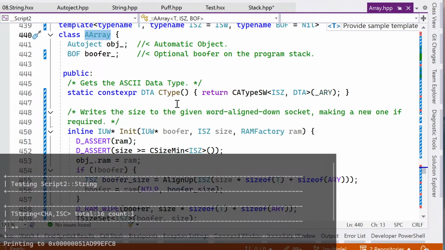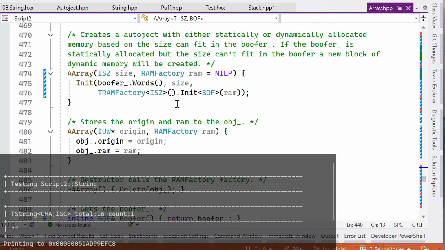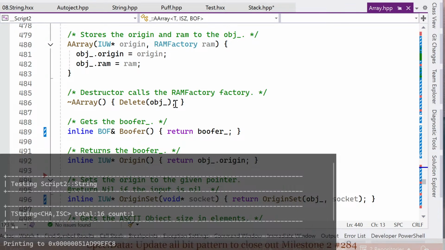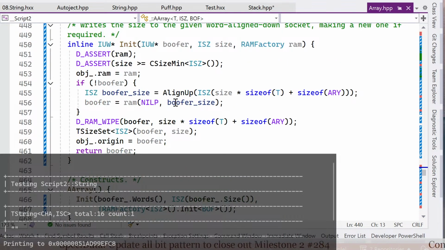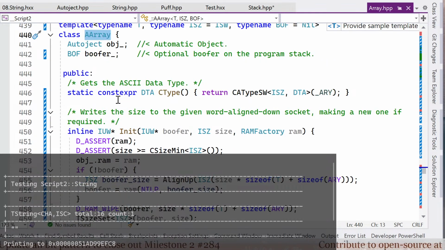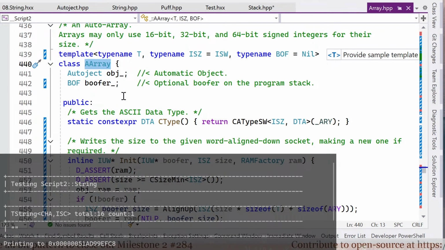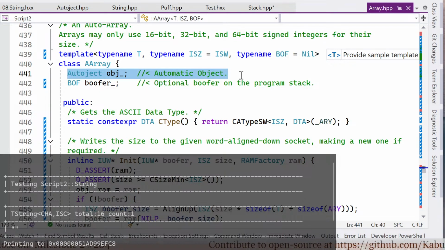The buffer. What does this do? Okay, why is this complex? So the reason why this is complex is because